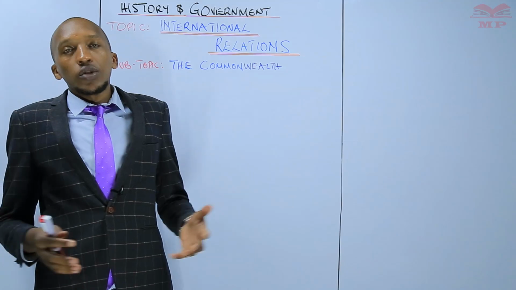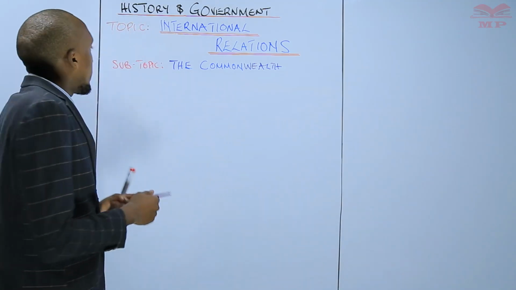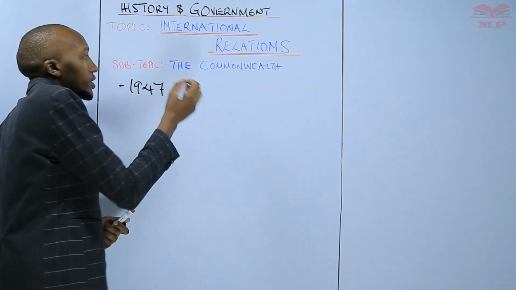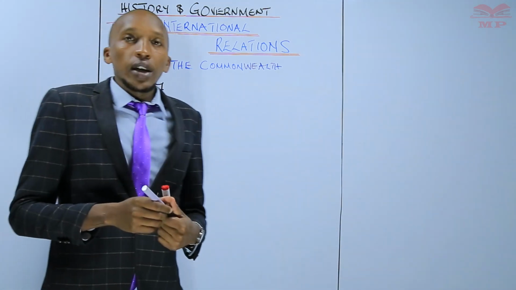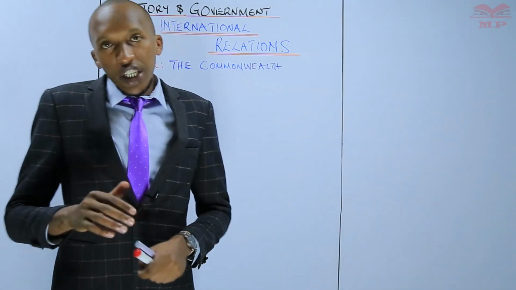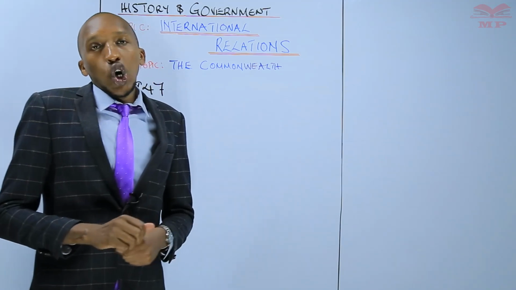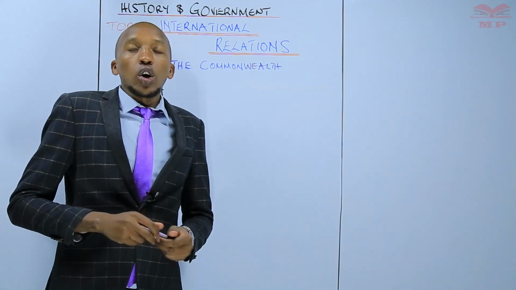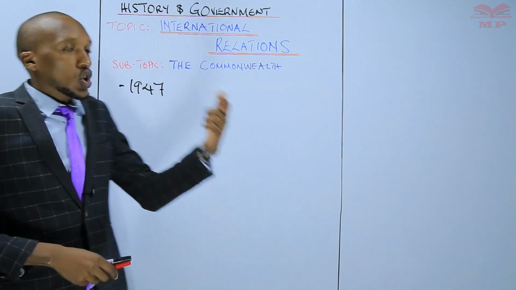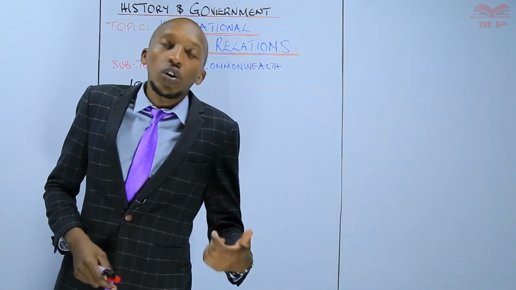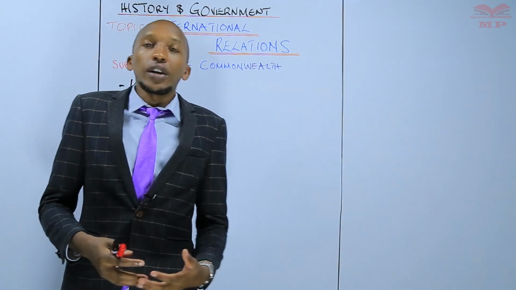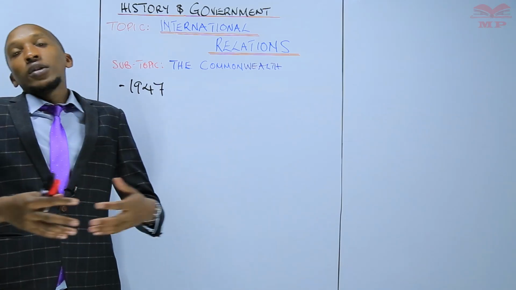We said it was instituted in 1947. 1947 is the year when it started to operate as an organization, and this happened after the independence of India, right? India was a colony of Britain, and it is in Asia. So after India got her independence as a state, there was need for the British, together with